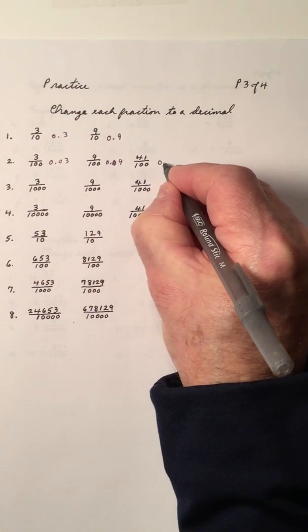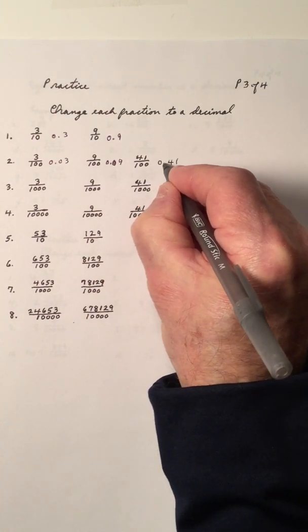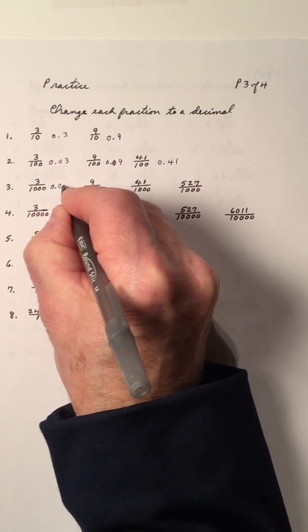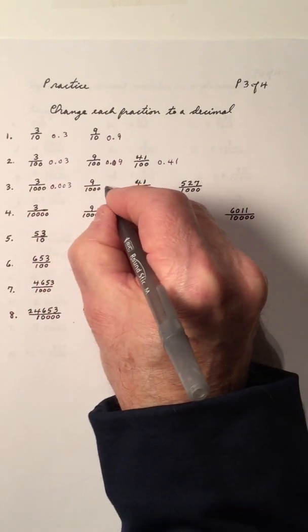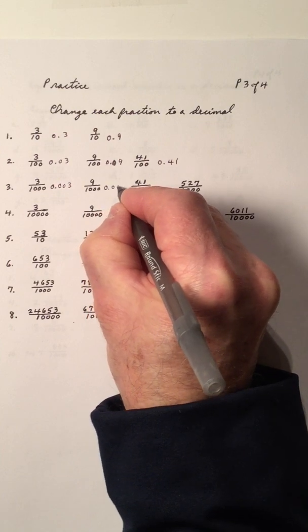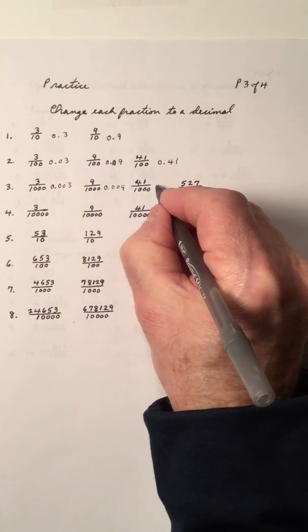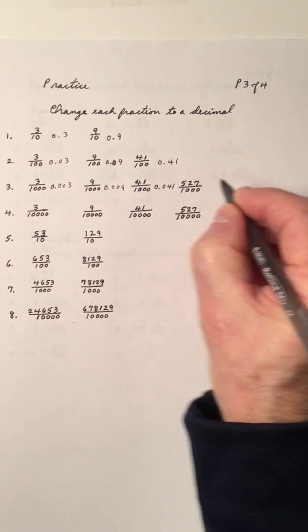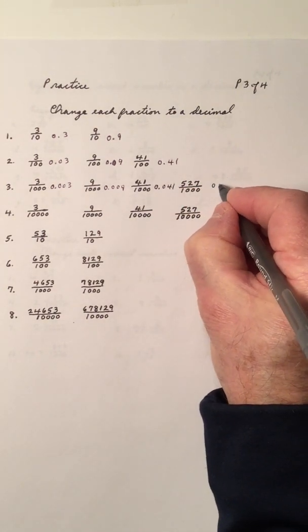41 over 100, decimal 41. The 1 is in the hundredths place. 3 over 10,000. The 3 goes into the fourth place. The 9 goes into the fourth place. 41, the 1 goes into the fourth place. 0, 4, 1. And 0 decimal